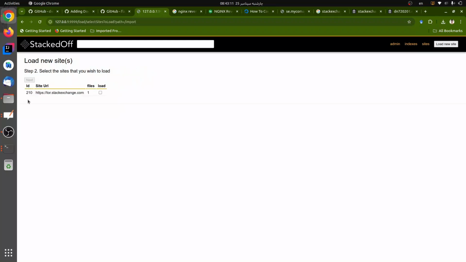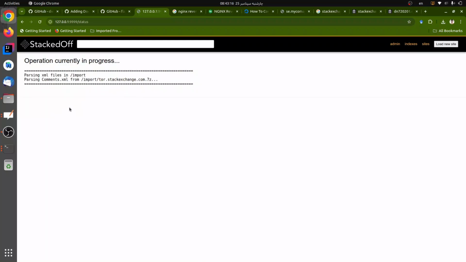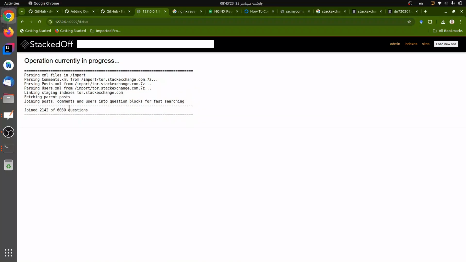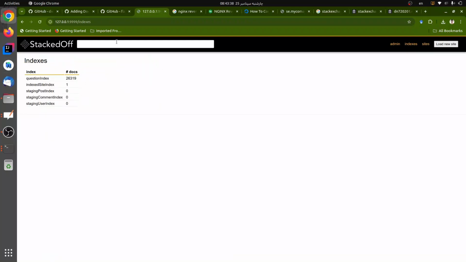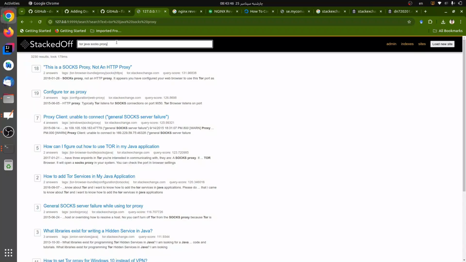Again, the downloaded files are in import. It takes it and I click import. It takes some time, but because the Tor file is 12 megabytes, it takes a small amount of time. But if you are going to, for example, import Stack Overflow, it will take maybe some hours. Okay, as you can see, the data is imported,